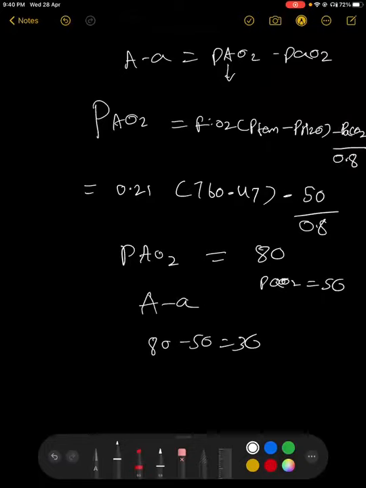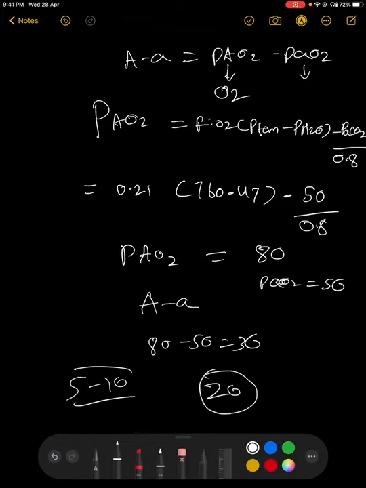PaO2 in the alveoli is a direct indicator of the oxygen present in the alveoli, whereas PaO2 in the artery indicates the oxygen that has diffused across the alveoli to get into the arterial blood. So a very small amount of oxygen can be wasted because of small amounts of shunt and VQ mismatch that happen in our body. That is why 5 to 10 is normal, and up to 20 is acceptable.